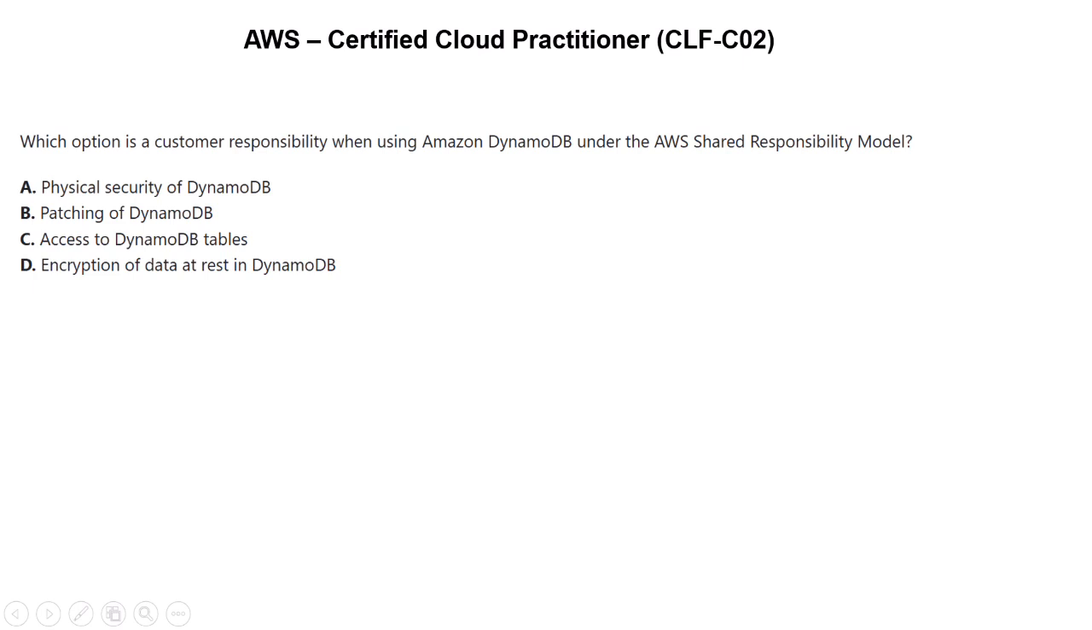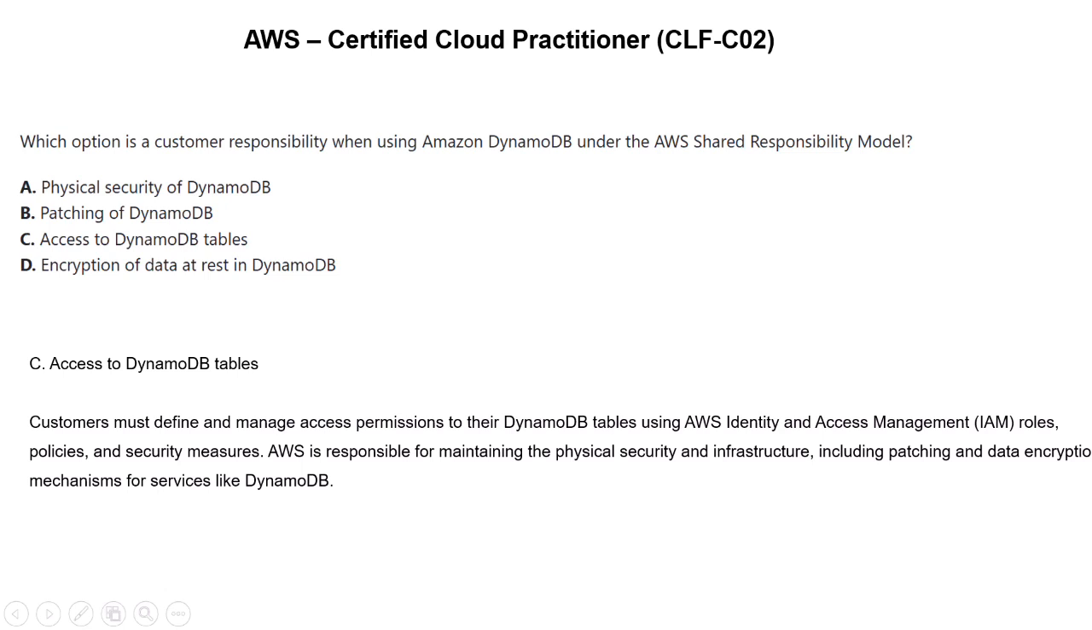So the correct answer for this question is option C, access to DynamoDB tables. Customers must define and manage access permissions to their DynamoDB tables using AWS Identity and Access Management roles, policies, and security measures. AWS is responsible for maintaining the physical security and infrastructure, including patching and data encryption mechanisms for services